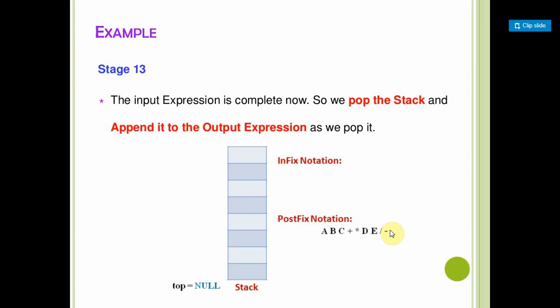After that, we have to learn how to evaluate the given postfix expression. Here also we have to use the concept of stack. These two are the main applications of stack. So whenever anyone asks what the main applications of stack are, you can say that one is conversion of infix expression to postfix, and the second one is evaluation of postfix expression.